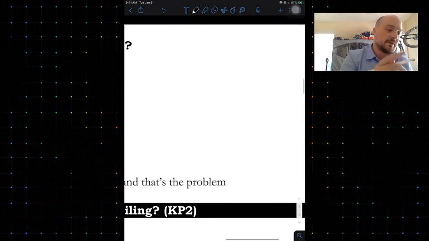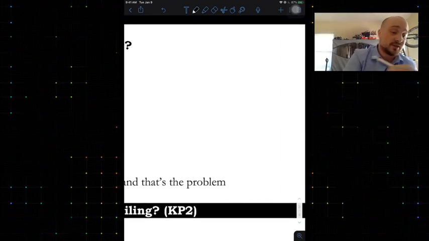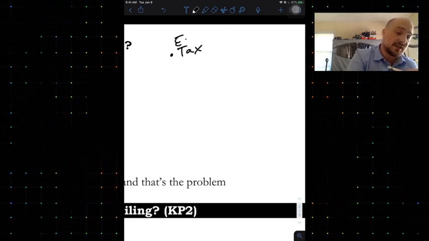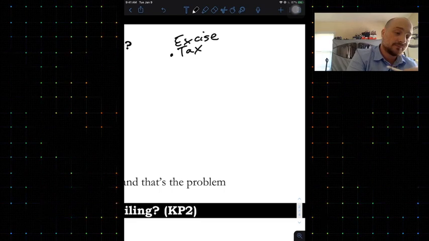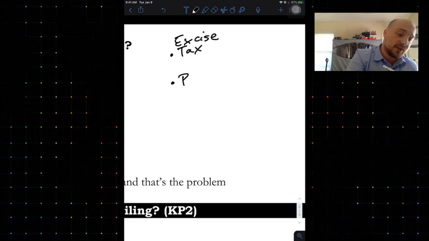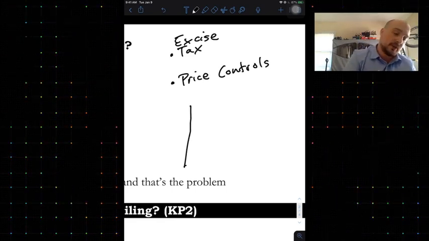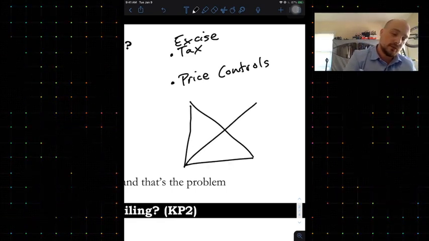What can the government do about a business? There's a couple things, right? They can regulate, and the way that they regulate in microeconomics is there's 2 main ways. First, you can do a tax. We talked about excise taxes before. Or we can use price controls, right? Now, the issue with a monopoly, I don't know if you all remember this, but